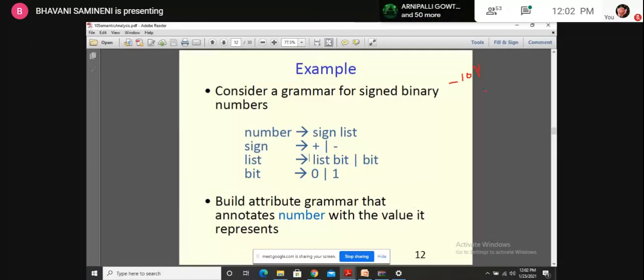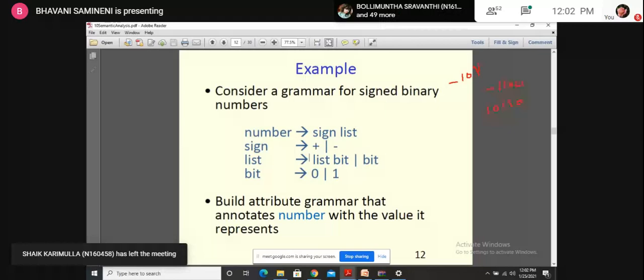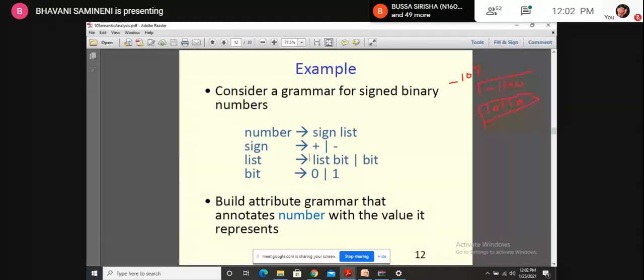Or else I have to generate 1100, or else 10110. So I want to generate signed binary numbers, and you have to write the CFG productions. Clear? So let's take it here.